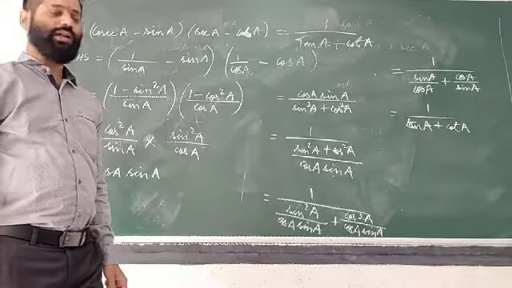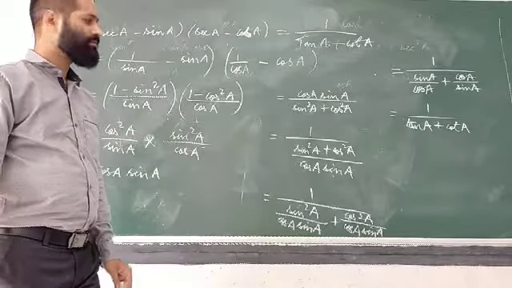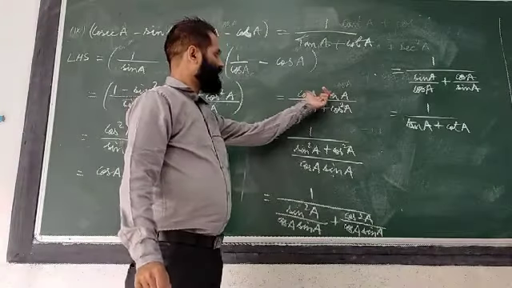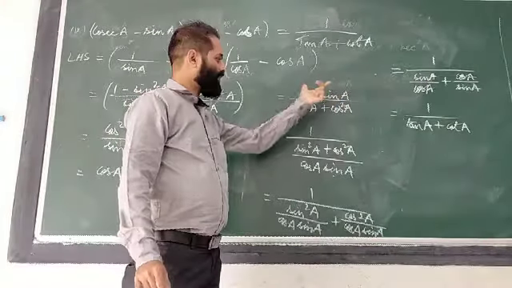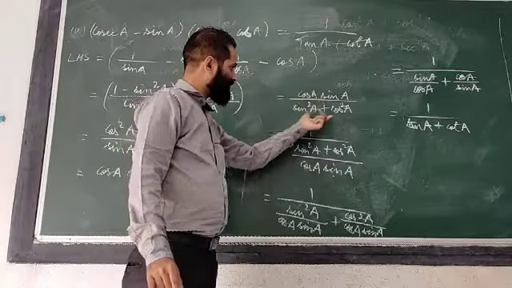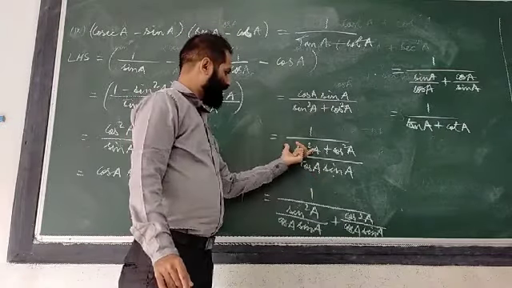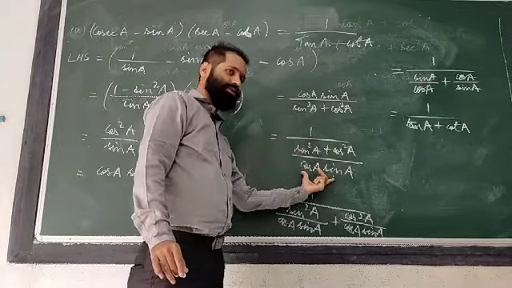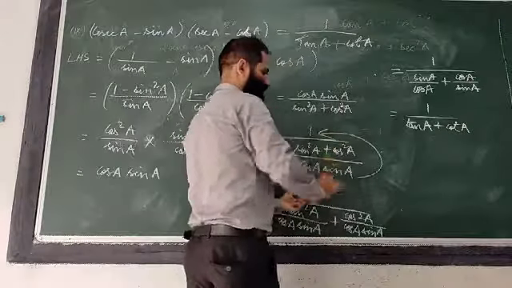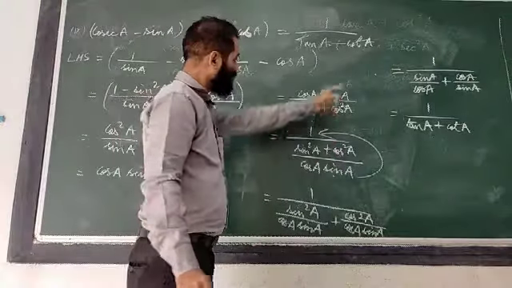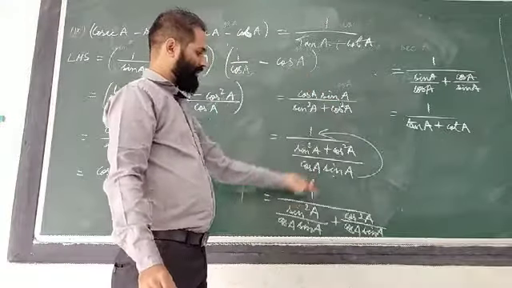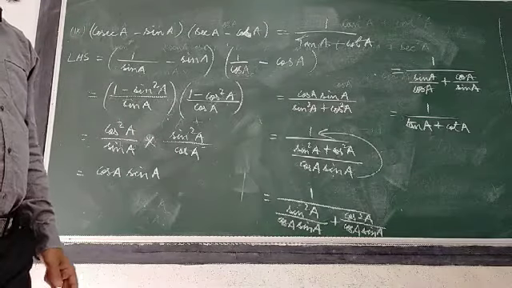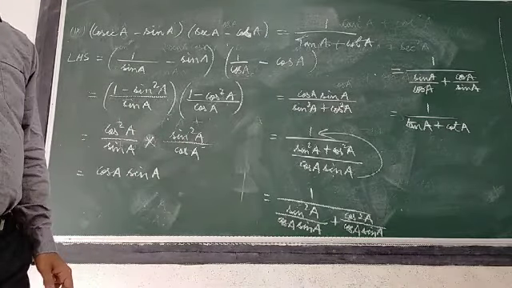Sir, every student cannot think this. So this method, what is it? Yes sir, go on. Cos A and sin A was in the numerator. So what I did, I can write these values this way. This is the numerator, this is the denominator. If something is divided in the denominator, that is multiplied with the numerator, or not? Yes. So this one and this one are the same. And after that I have separated. Okay? Clear? If you don't understand this, you can solve RHS.